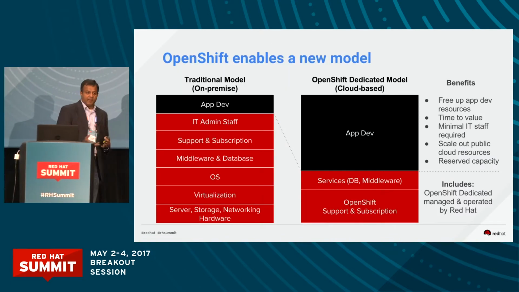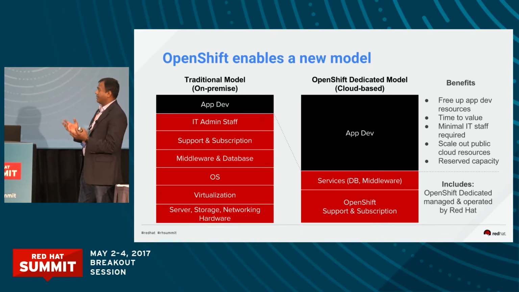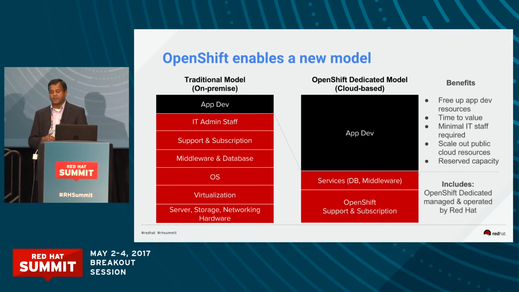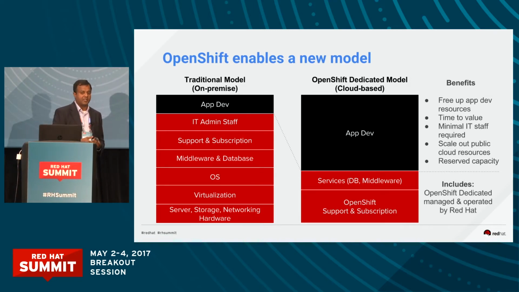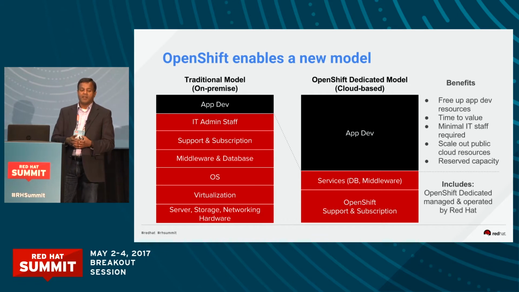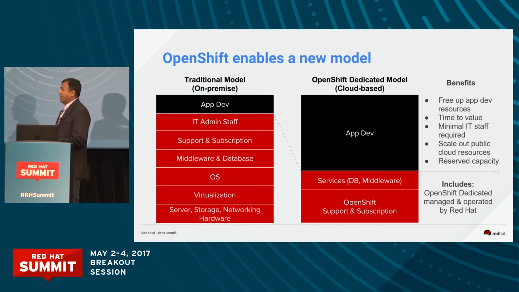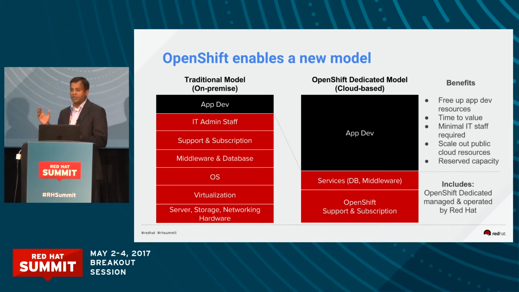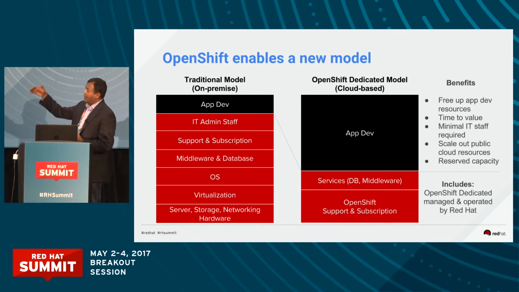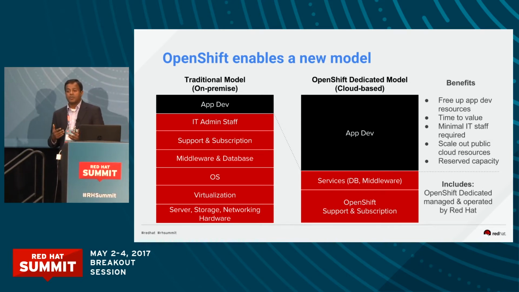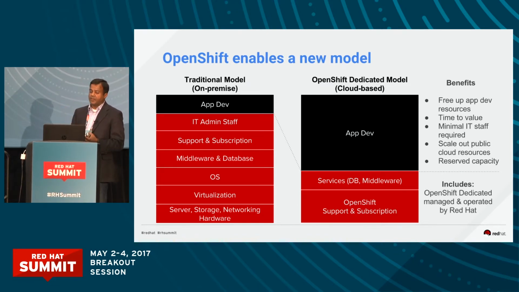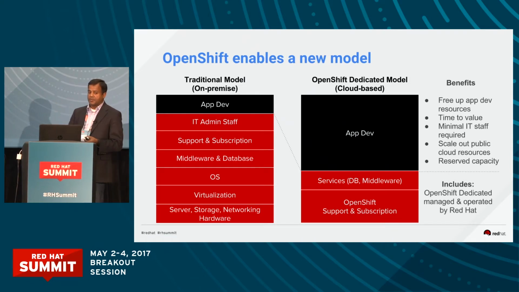This is a slide that our marketing group put together, which shows what OpenShift does, right? It's the same thing. We take care of the OpenShift support subscription. We even take care of the middleware that runs on it. All the middleware products that we have, like JBoss, Fuse, EAP, all run on top of OpenShift. BRMS, BPMS, all of them run on top of OpenShift Dedicated. All of those things are still the responsibility of Red Hat. So if you have a new image of EAP that comes in, we'll make sure it's getting upgraded. The only thing you're responsible for again is app development.